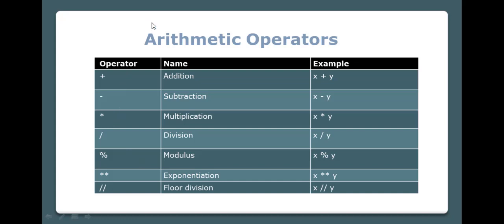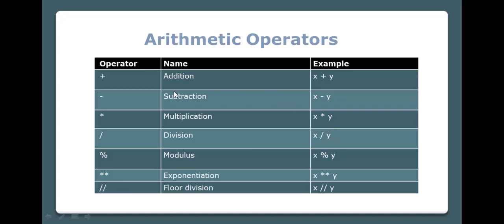And these are some of the commonly used arithmetic operators in Python. We can use plus to perform addition. We can use minus operator to perform subtraction. Then we can use asterisk for multiplication. We can use slash to perform division. Percent is used for modulus operation, that is to take remainder after division. And we can use double asterisk to perform the exponentiation. And we can use double slash to perform the float division. Float division is different from division because float division provides only the integer part of the quotient.